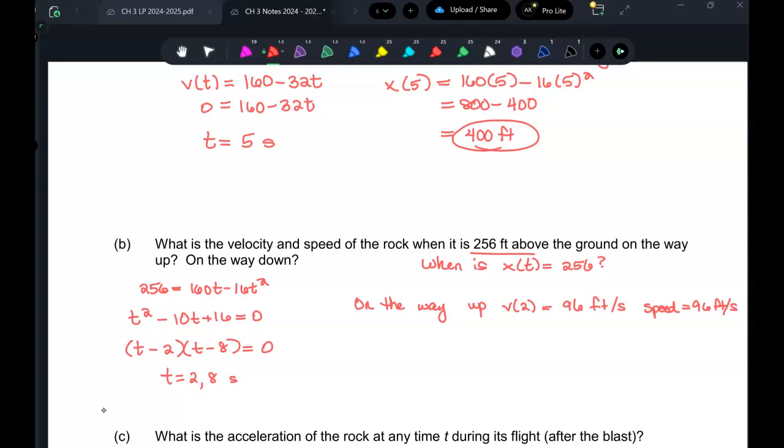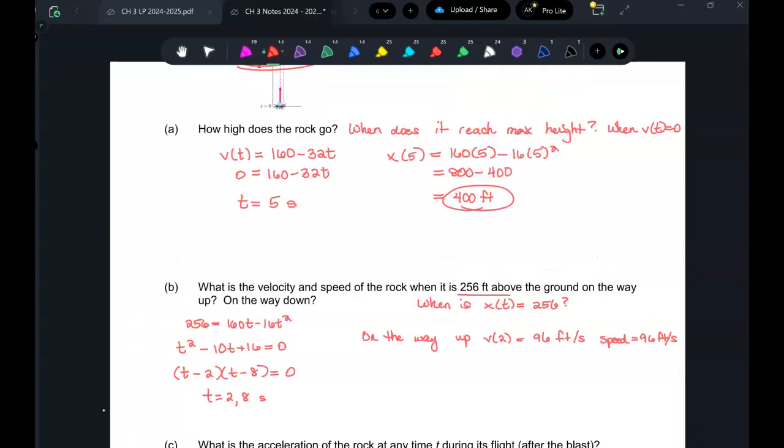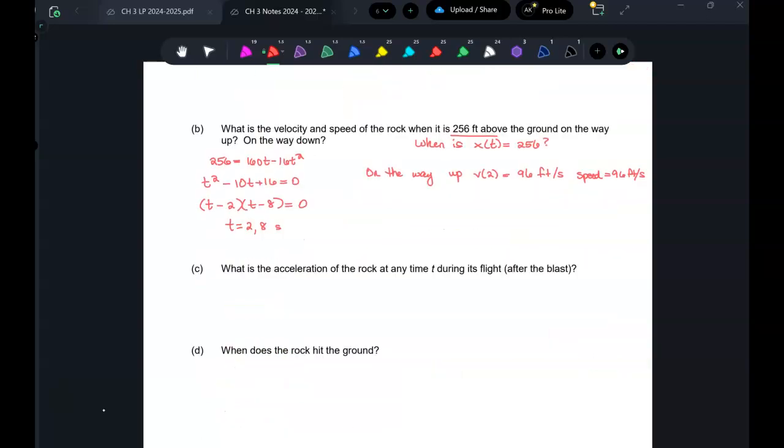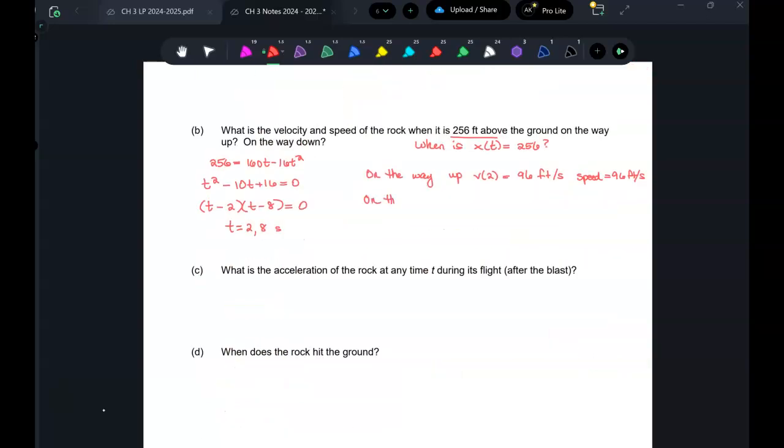So if you notice, that's why I labeled on the way up. But is it on the way up? Well, okay, so the thing is here with this picture, this original function has really nice symmetry to it. So at 2 and at 8 seconds, I'm actually going to get the same numerical value, just positive versus negative for velocity. So on the way down,